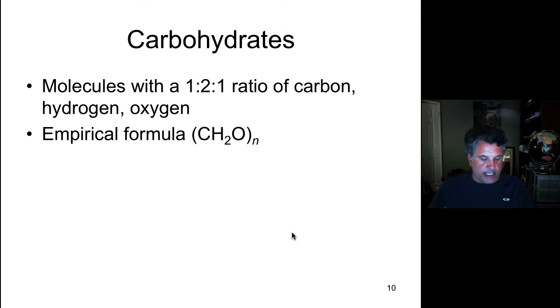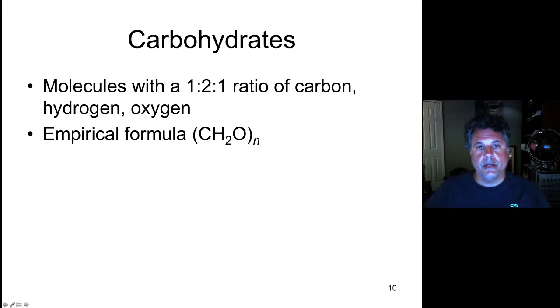So now let's move on to talking specifically about carbohydrates. We'll now treat all the 4 classes individually: carbohydrates, nucleic acids, proteins, and lipids. And we'll speak about each in a bit of detail. So let's start with carbohydrates. Carbohydrates are characterized by having a particular ratio of carbon, hydrogen, oxygen. That's what constitutes a carbohydrate. Namely, 1 carbon to 2 hydrogens to 1 oxygen.